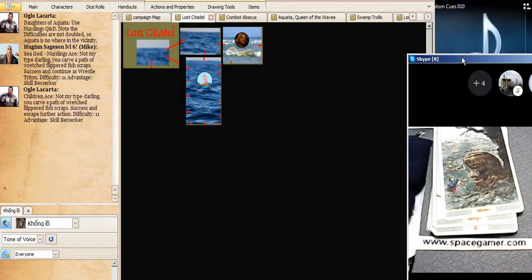I guess they're both the same stats, just different flavor text. Success and continue as wrestle Triton or escape further action. I'm not sure which one. Difficulty 11, advantage. It would be success to escape further action. So that's where my changes were, Mike, was the fact that you're not going to do multiple attacks since the sea goddess is not here at all. Okay. Yeah. I'm a berserker, so...